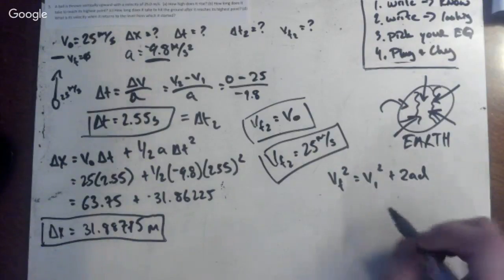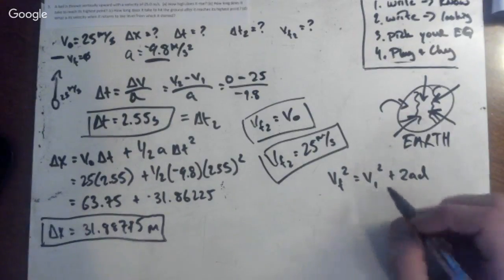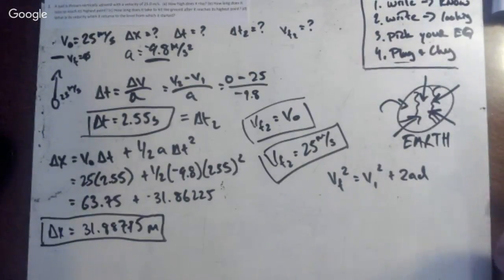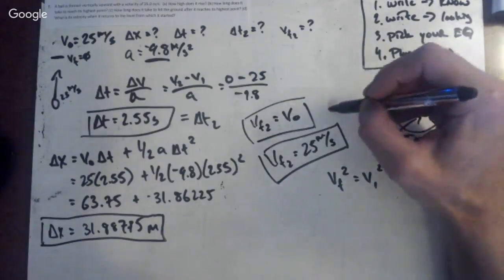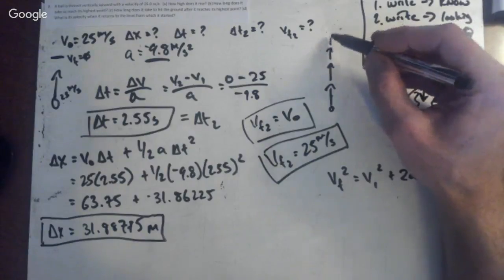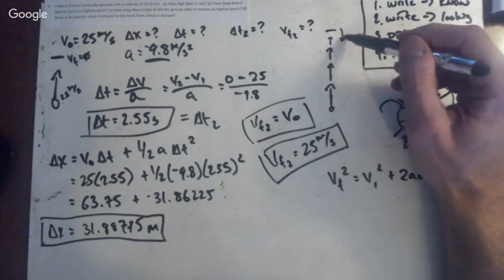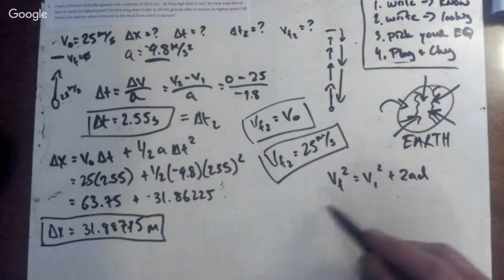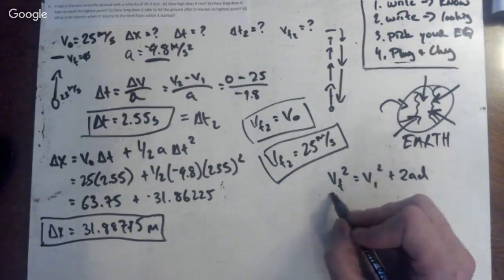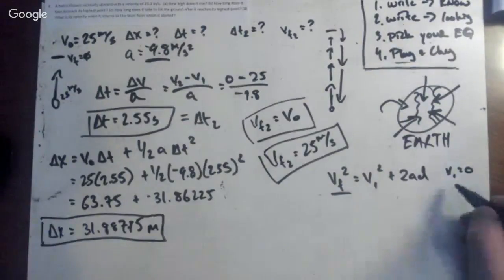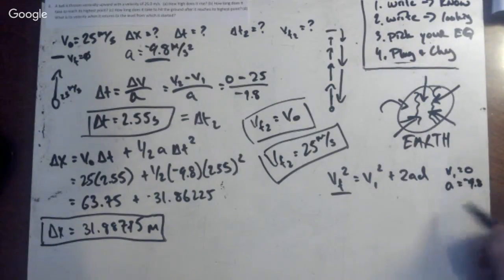Okay. We know that at the very start of the fall, this velocity has to be 0. It's starting from the point where it turns around. So the ball goes up and slows and slows and slows and then stops, then speeds up and speeds up and speeds up. That's how that works. Okay, so let's go ahead and use this equation. We're looking for this final velocity. We know that our VI in this case is 0. We know our acceleration is negative 9.8, and we know the distance is the same as this guy over here,